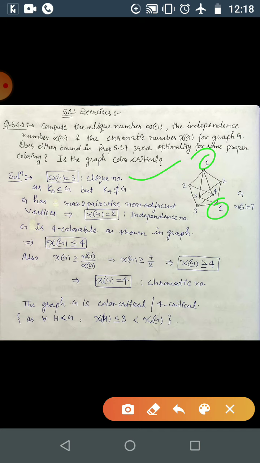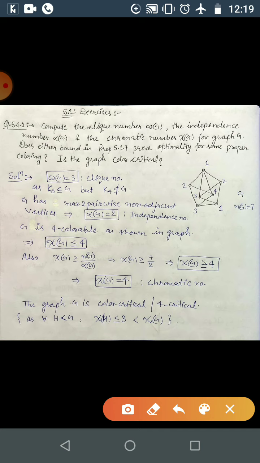as this vertex. Okay, so here this vertex is adjacent with both, so we can't take this one. This vertex is adjacent to one, we can't take this one. This vertex is again adjacent, so we can't take this one, and same happened with the remaining. So the maximum number of pairwise non-adjacent vertices is 2. Okay, so the maximum number of independent vertices is 2.